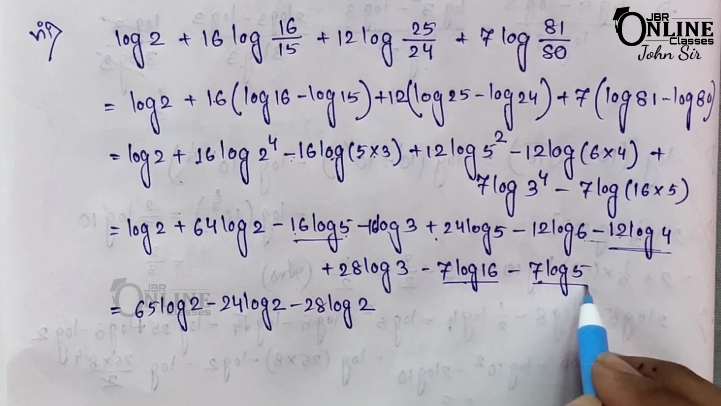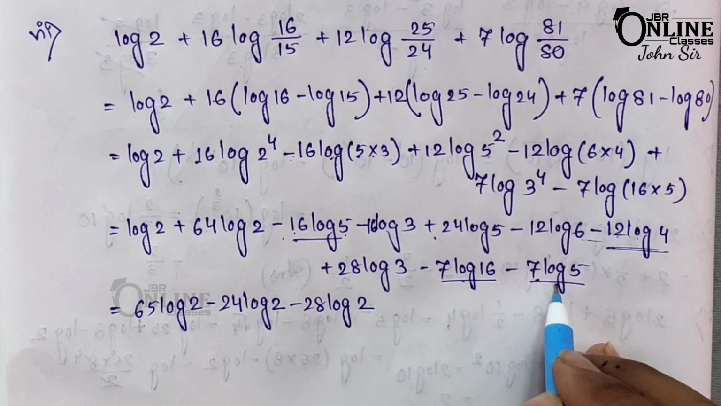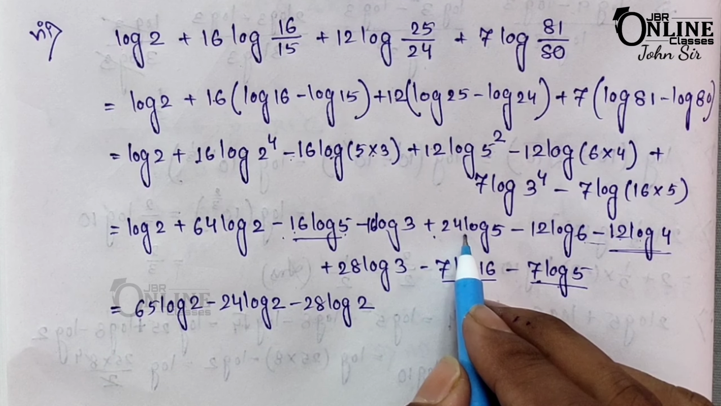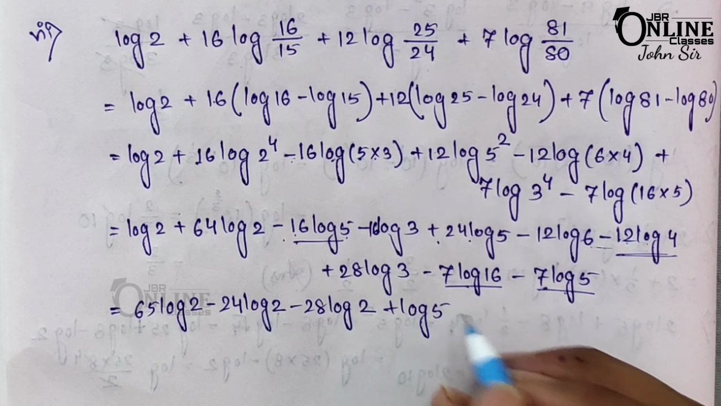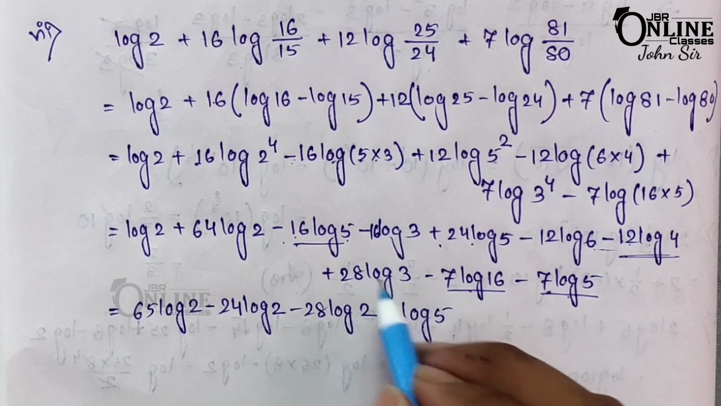So this one and this one, it's minus 23 log 5. This one plus 24 log 5. So finally plus 1 log 5. Okay, now here